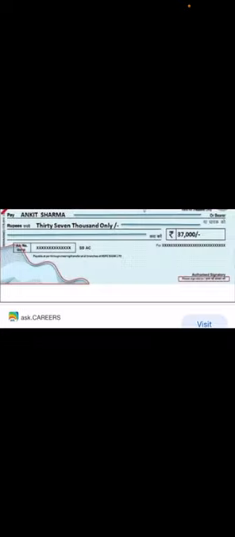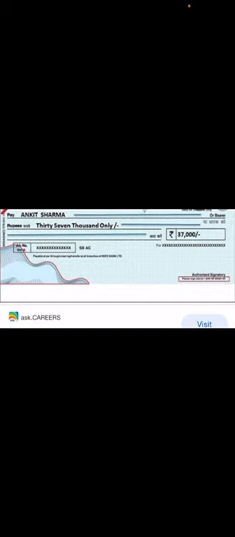And now the bank will issue a blank check form. It will issue a blank check form to the account holder for withdrawing money. So this is the picture of a check.